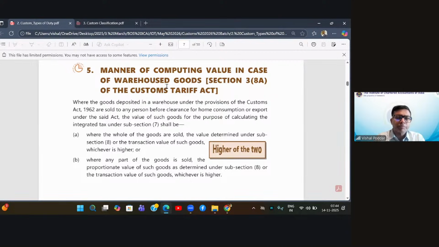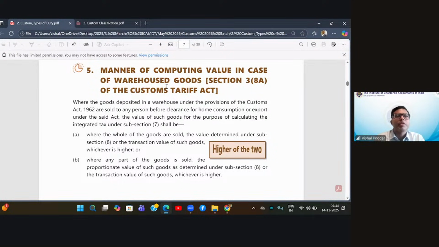Now, in this case, the question is, what will happen if these goods are sold by me before clearing? We studied this in Schedule 3 of the GST law, where we discussed that until the goods are in the custom warehouse, if some customer approaches me, I can sell the goods to that customer, and the customer will now go and clear the goods in future whenever the customer wants the goods. Now, in such cases, let us say I have sold these goods to Ayush.